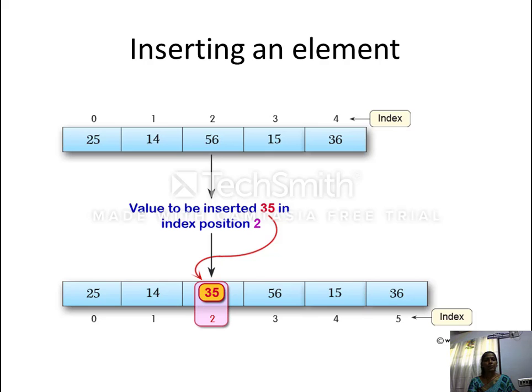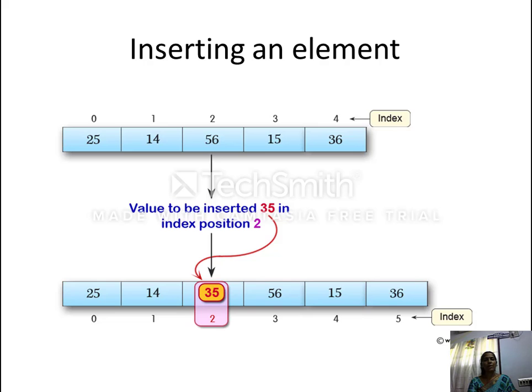In this example, you can understand the insert operation. It has 5 values: 25, 14, 56, 15 and 36. We are going to insert a new value 35 at the index 2. Already the index 2 has 56. So it has to be pushed back or pushed to the right hand side.